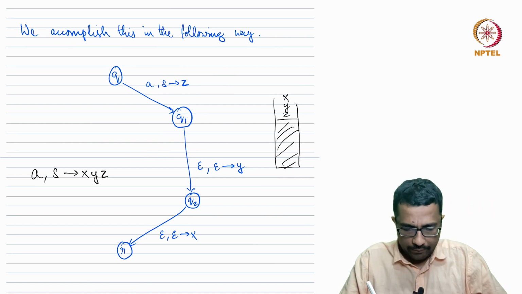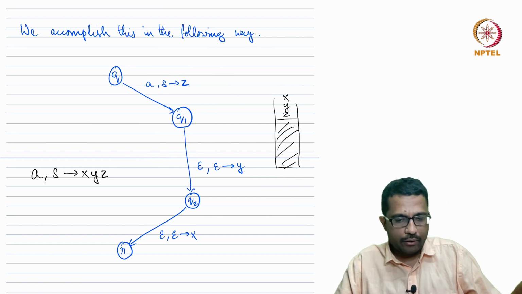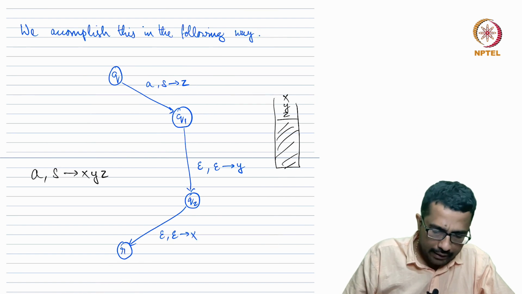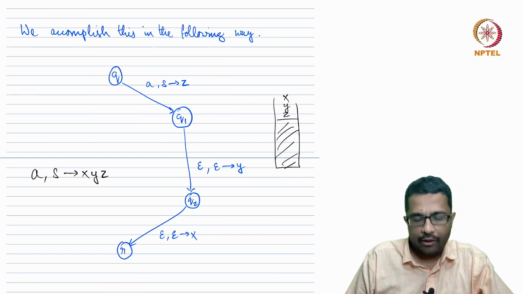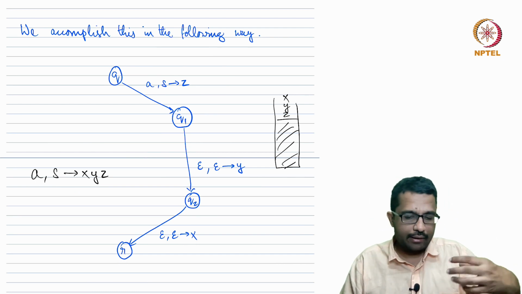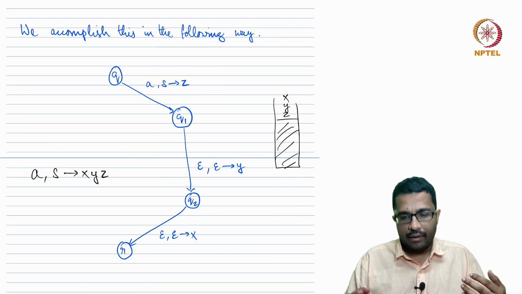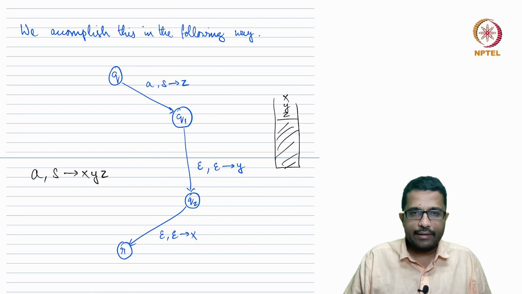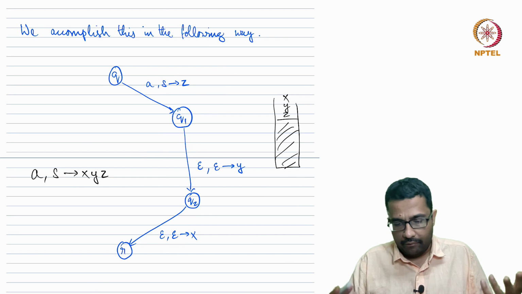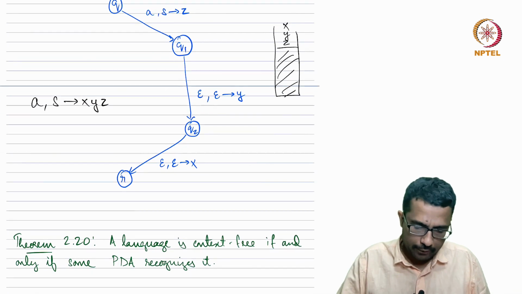And once you do that, basically now you have replaced the top of the stack, instead of S, by X, Y, Z. So from now on, we will resort to this kind of shorthand notation, A, comma, S, arrow, X, Y, Z. So instead of a single symbol on the right side of the arrow, we will have possibly a string, and this can easily be accomplished by some extra states as we just saw, right? So here we added 2 extra states. We may require more extra states, right? So this is the first point.